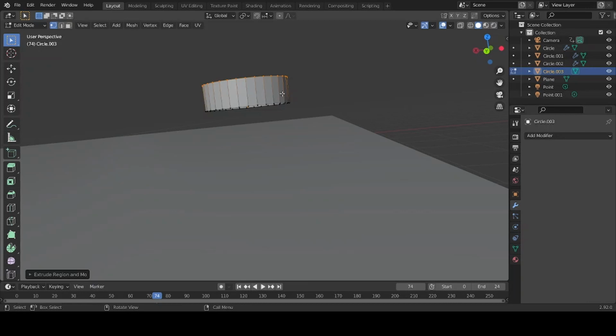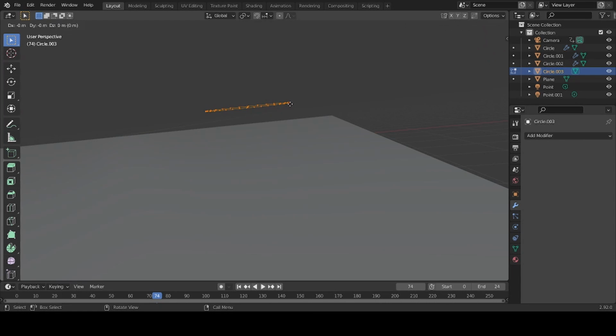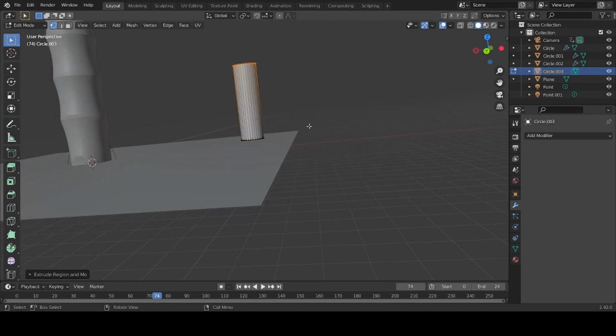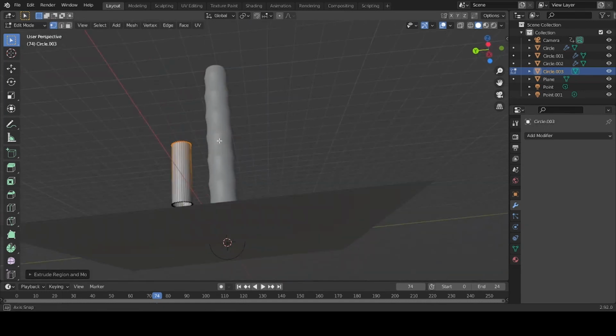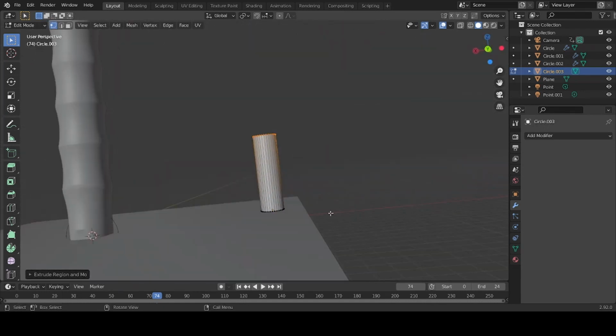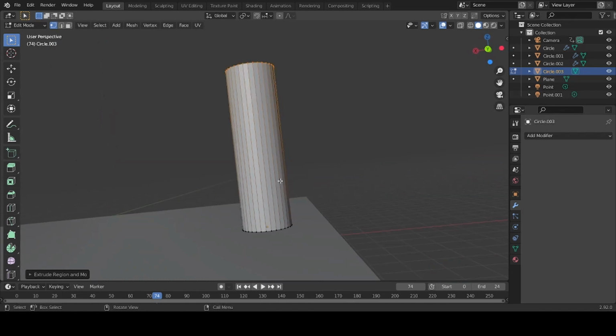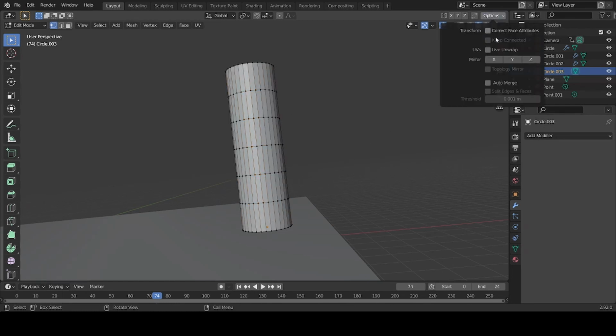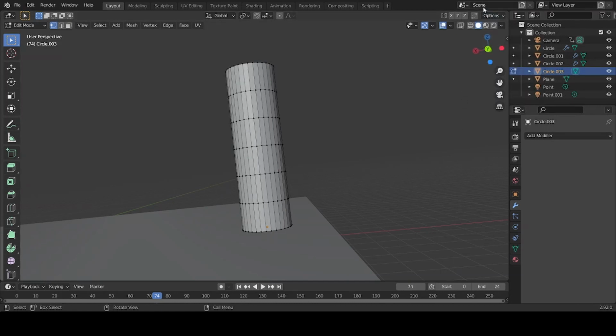And just do that a few times, E, Z, or you can just do E, Z, and make it really long. And obviously I made it a lot bigger, but this is a small version. And then after that, you can use the Control R shortcut, scroll until you've got the desired amount of cuts, and then press escape so it just stays there. Now you hit options and you hit